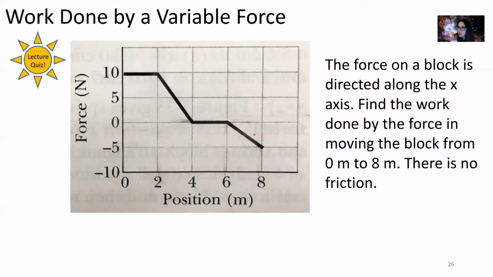This work over here is negative because that force is applied opposite the direction of motion. So F d cosine theta is our work. We apply the force, d is our displacement. If our force is opposite the direction of our displacement, then theta would be 180 degrees. So cosine of 180 degrees is negative. That gives us a negative value for work, okay? So you're going to add positive values for work over here by finding the areas underneath the curve between the 0 axis and that black line. And then over here, you're going to subtract the work